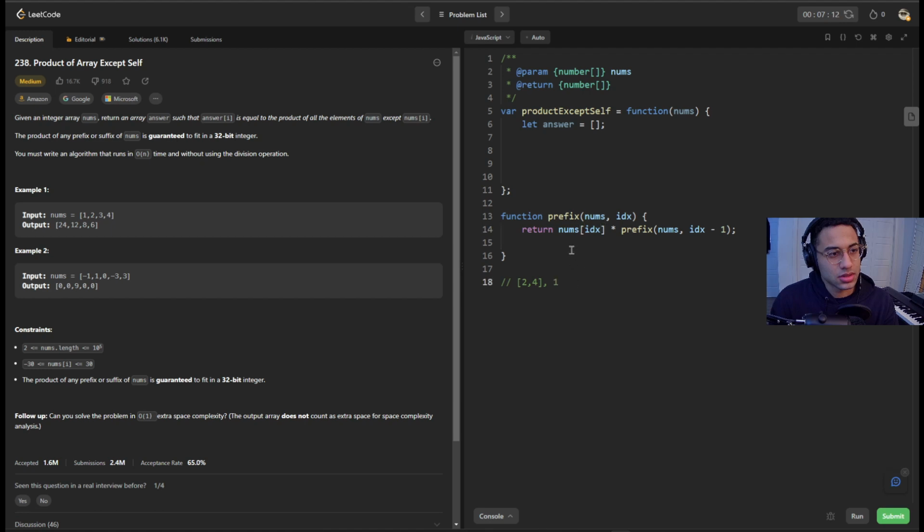So in this case, 1 goes here. One of the nums would be 4, so that would be 4. So you'd get 4 times prefix of 1 minus 1 is 0, prefix, and then you go here, 0, nums of 0 is,